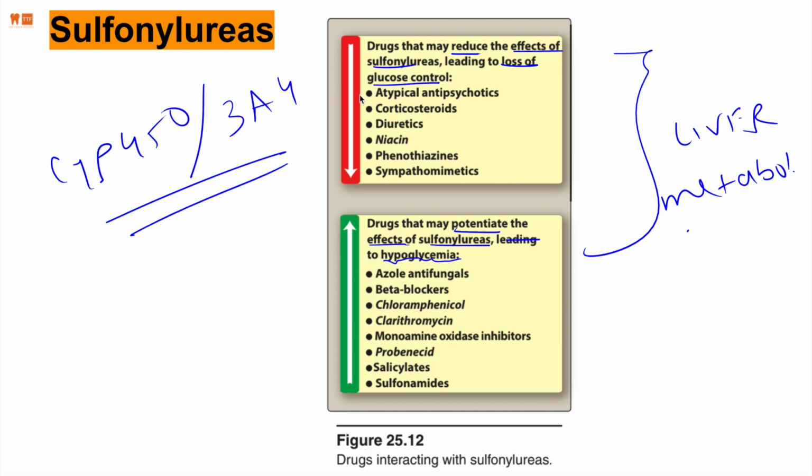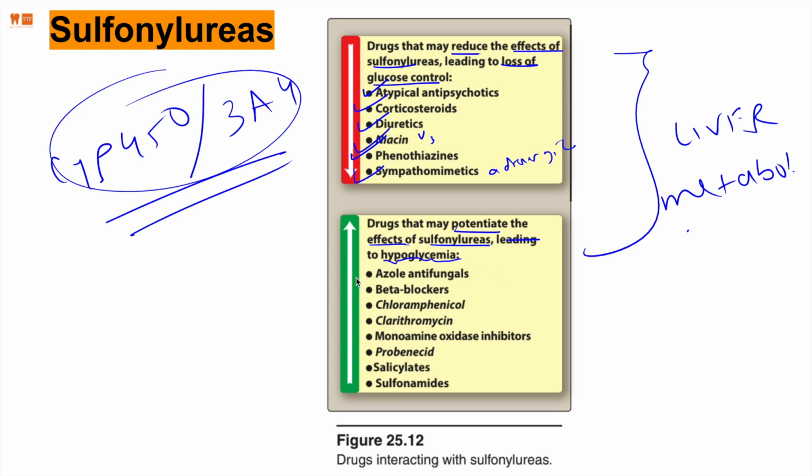other drugs such as atypical antipsychotics, corticosteroids, diuretics, niacin, which is vitamin B3, phenothiazines, and sympathomimetics, which is adrenergic, can also be metabolized by these enzymes in the liver, and therefore it quickly metabolizes sulfonylureas. Therefore, it makes it useless. Therefore, it decreases the effect. But drugs that increase the effect, which means they reduce the metabolizing of sulfonylureas and cause hypoglycemia because it's still